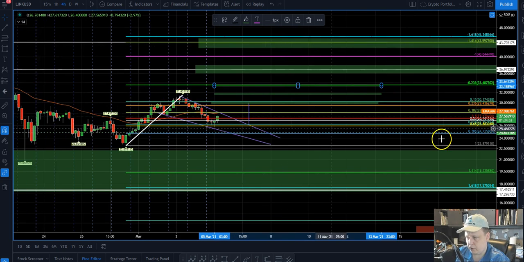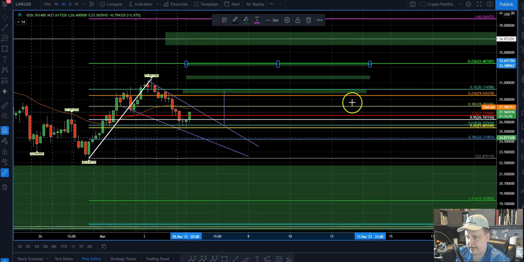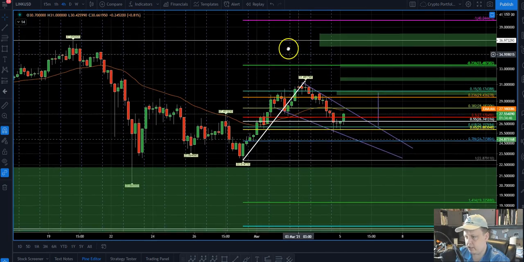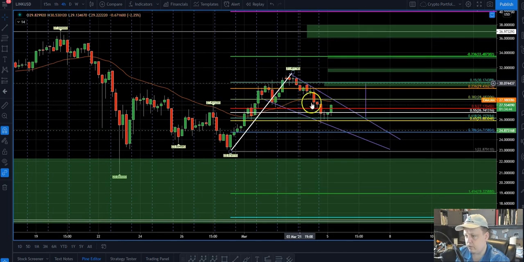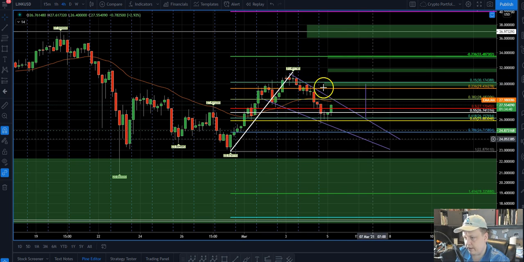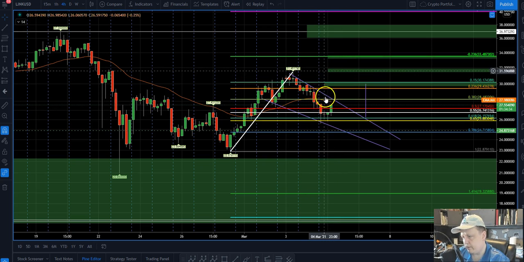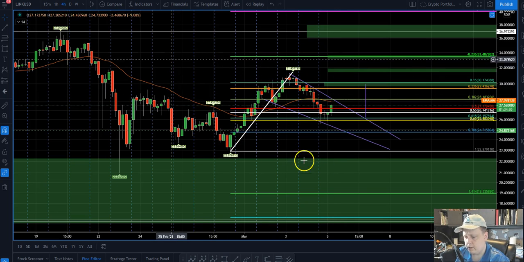So just some thoughts. Like I said, we had a flag pattern that had to be changed because of price action. This is what reality is now, and you have to be dynamic enough to redraw the patterns to what price action is showing you, and then from there you set the trap and you wait. And if there's a breakout here with high momentum, like I said,